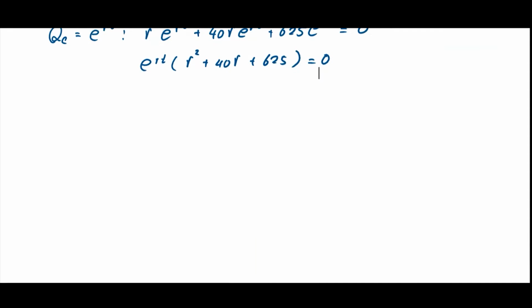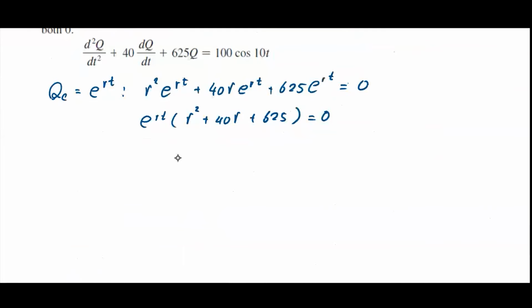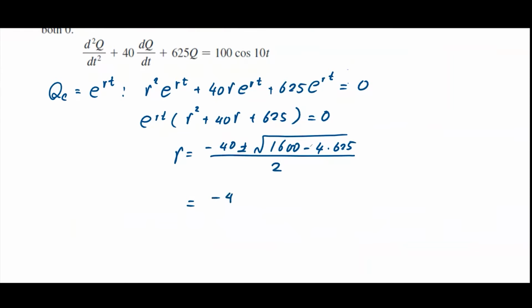Okay, quadratic formula. So our r is equal to negative 40 plus or minus the square root of 40 squared minus 4 times 625, over 2. Good. So that's negative 40 plus or minus the square root of 400